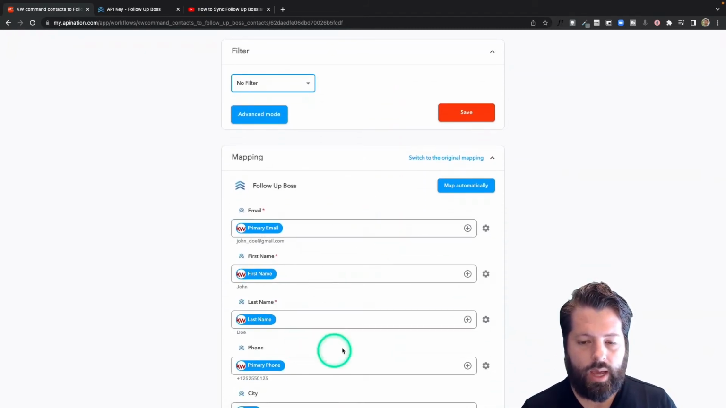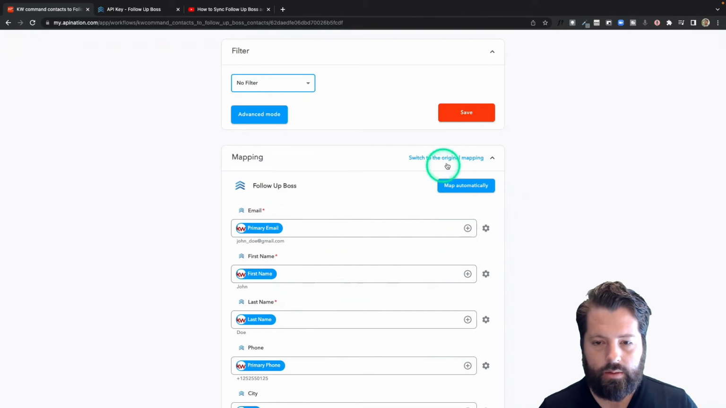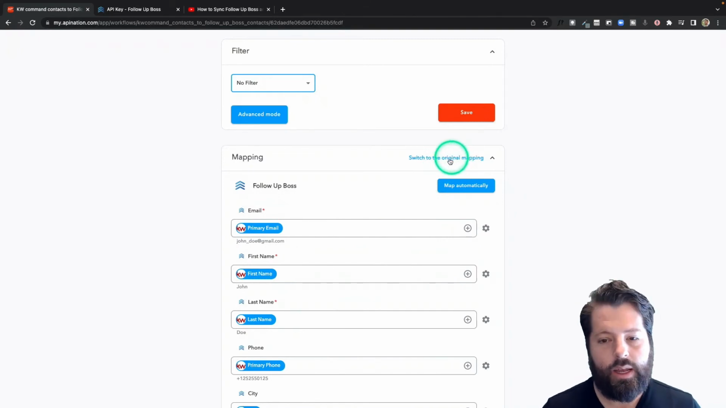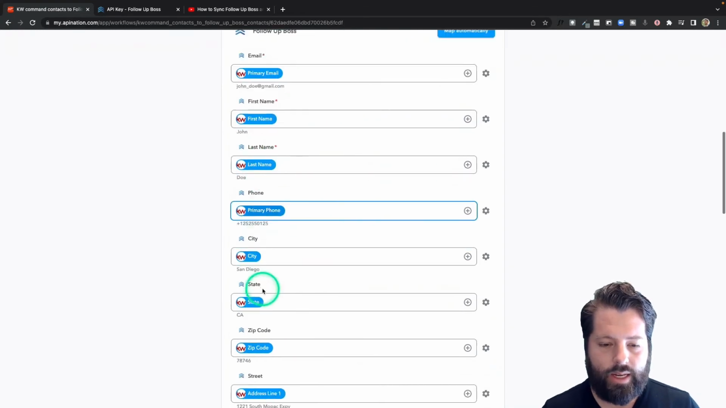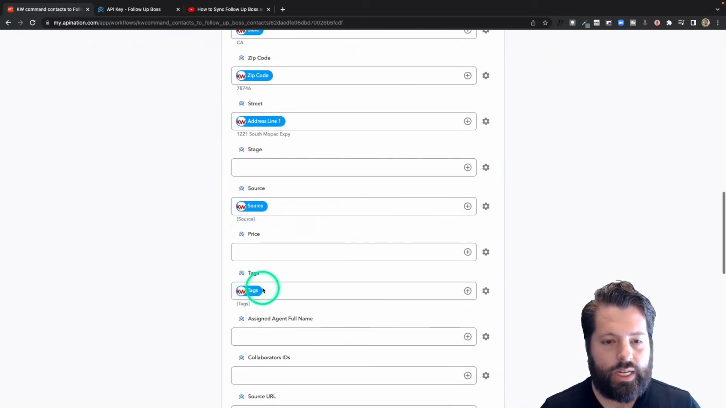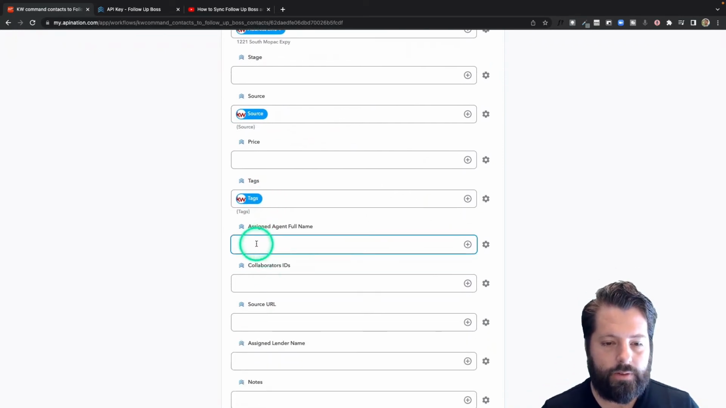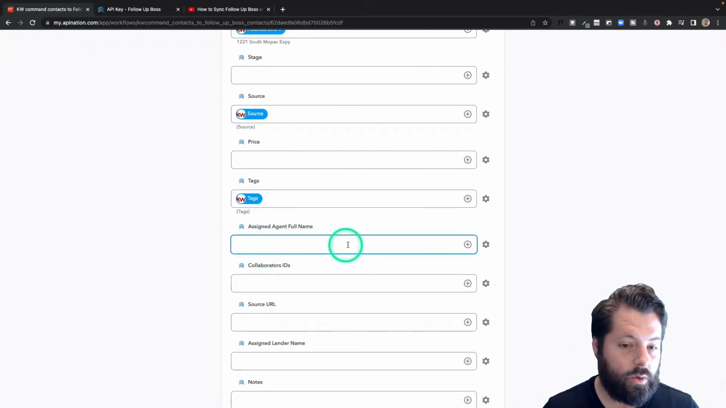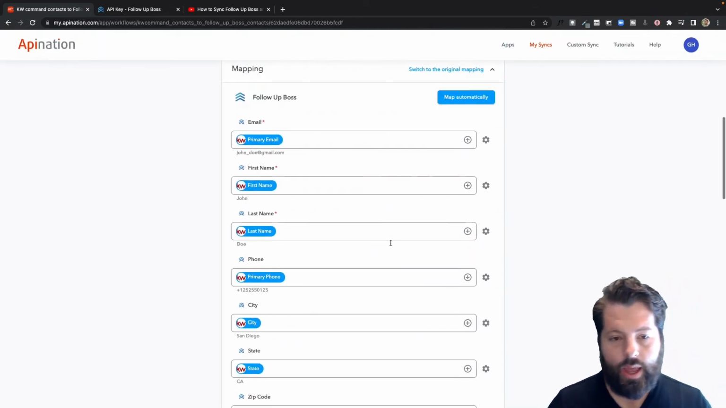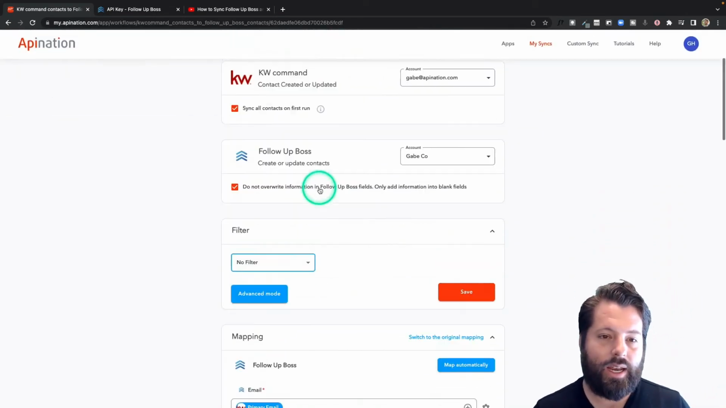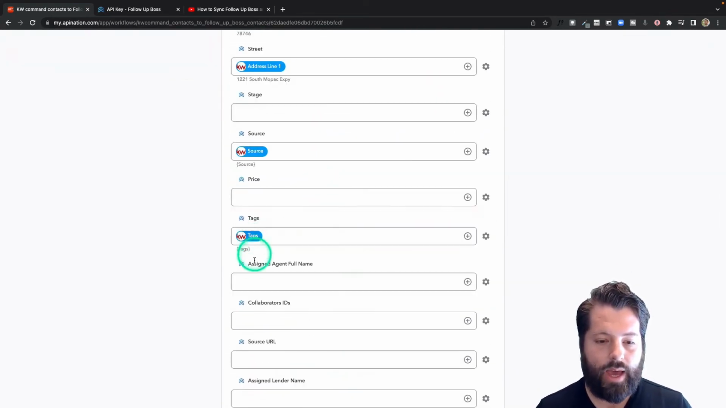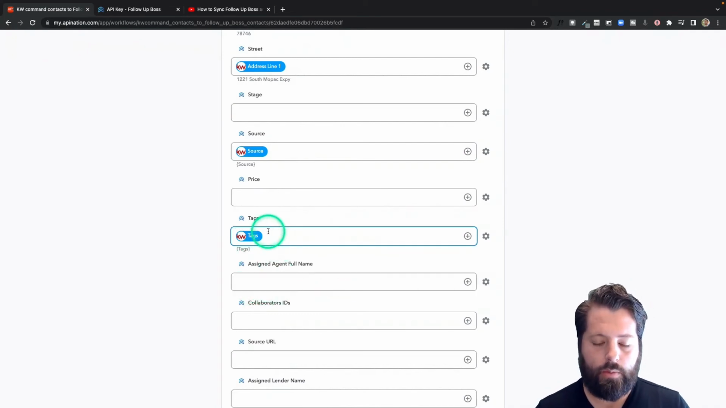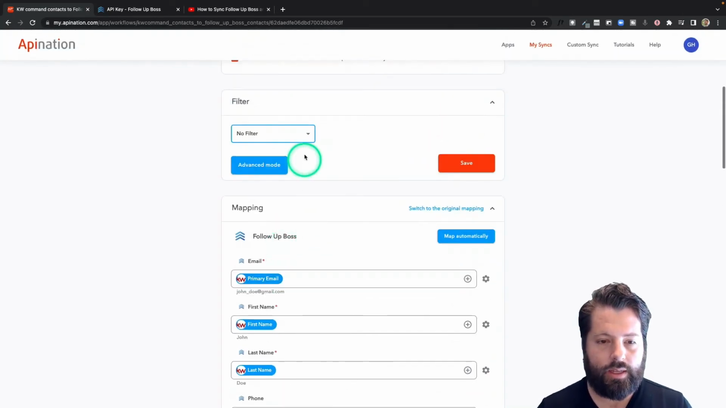And then I'm going to come down to the mapping. This is the new style of mapping here. You can go back to the original mapping by clicking this button, but you can see we do most of this for you. Primary email, first name, last name. One thing to pay attention to here in Follow-Up Boss is there's a field here for assigned agent full name. So what you can do is have a tag set up in KW with an agent's name, and then you can either pop that tag into Follow-Up Boss, or if you're using tags for multi-purpose, you're going to have a bunch of different tags. I would suggest something like,